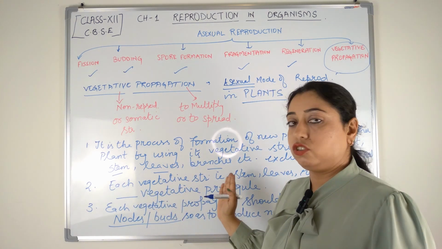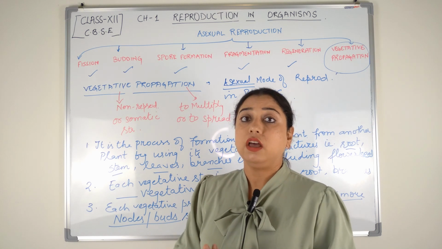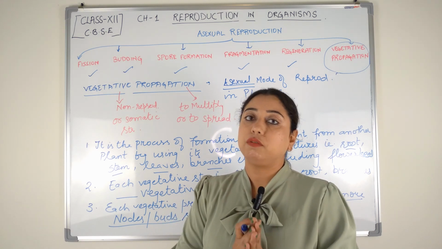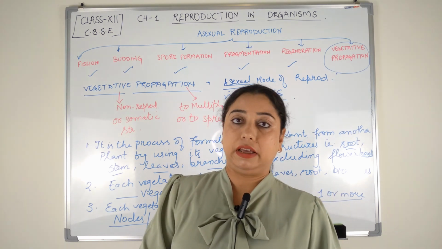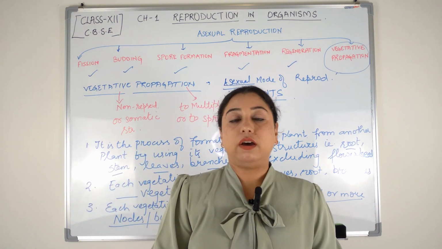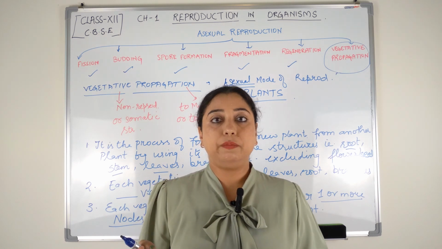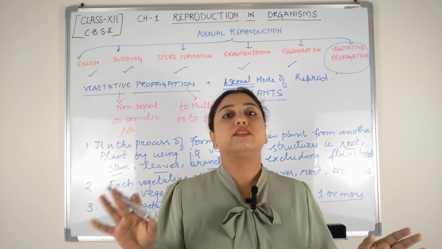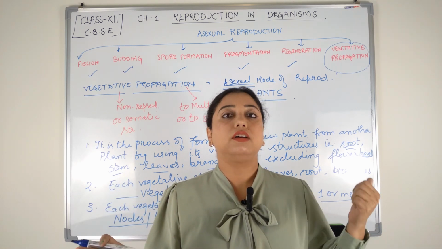Each vegetative structure, that is root, stem, leaves, branches, is known as a vegetative propagule, and each vegetative propagule should bear one or more nodes or buds so as to give rise to a new plant, right? This is about vegetative propagation. Now, vegetative propagation is basically of two types, natural and artificial. In your NCERT, only natural vegetative propagation is mentioned, but I will be giving you some idea about the artificial